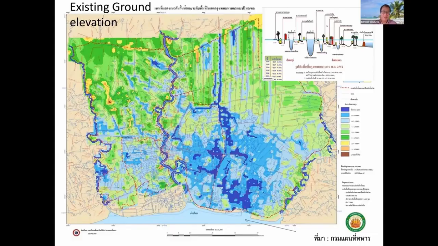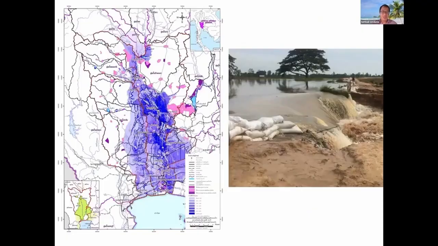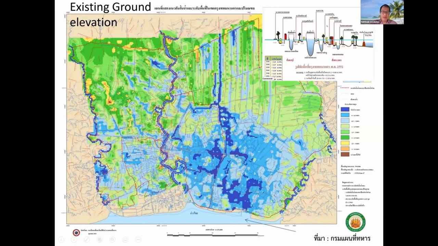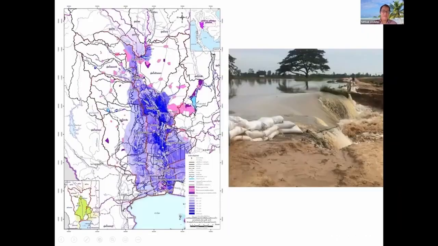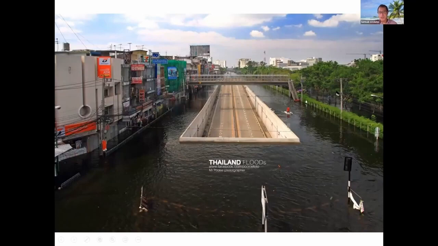For example, if ground subsidence occurs for 10 years, about 1 meter, when you stop pumping, the recovery of the ground level would be only in millimeter units. Very small. And occasionally, for example in 2011, when the big flood happened, with heavy rainfall in the north, the dike could not hold the large amount of water, so it was blocked. This is what happened in 2011. The flood from the northern part of the country flooded into this lowland and reclaimed its area. This is our campus in 2011.